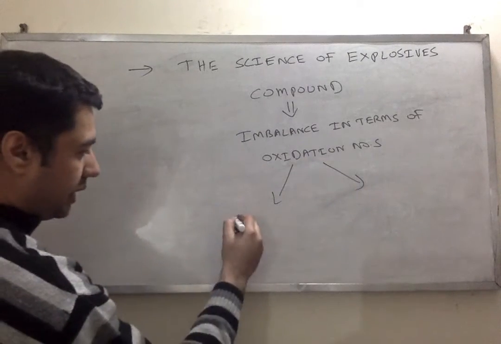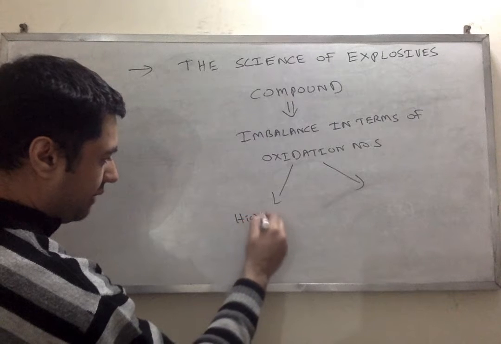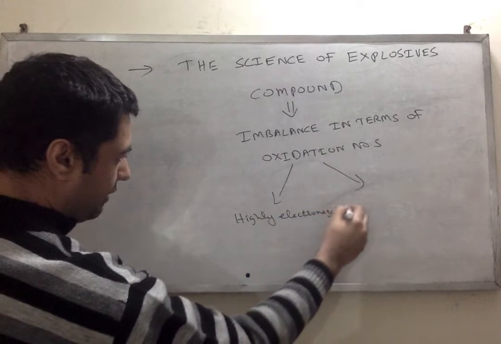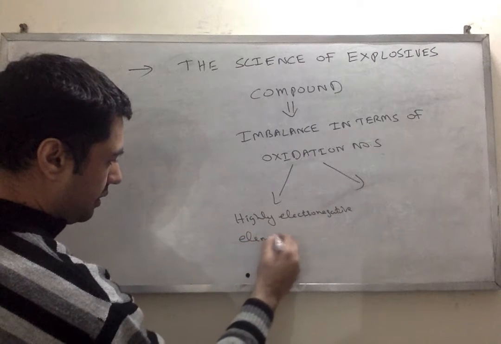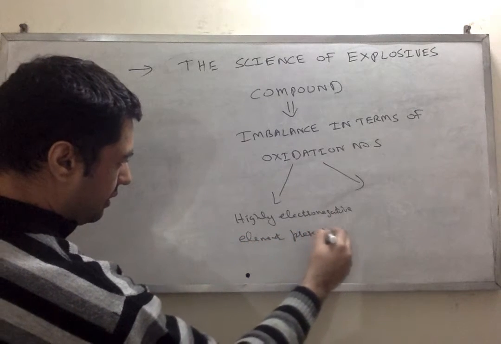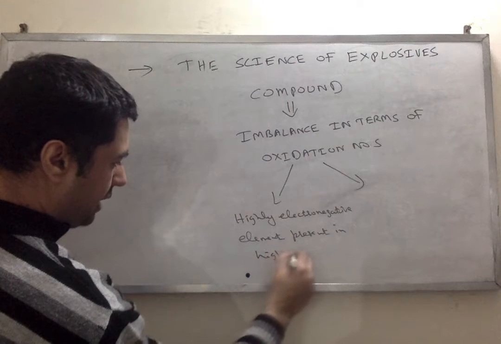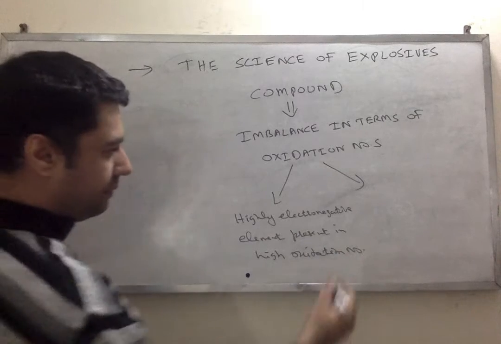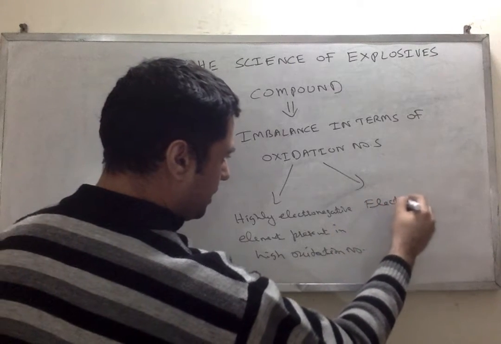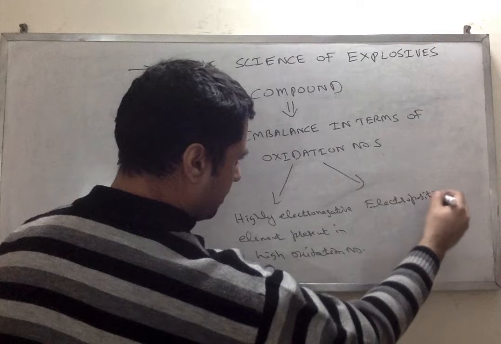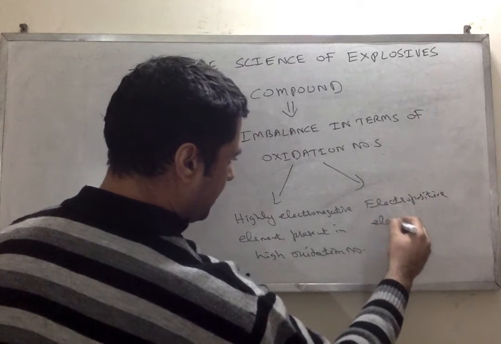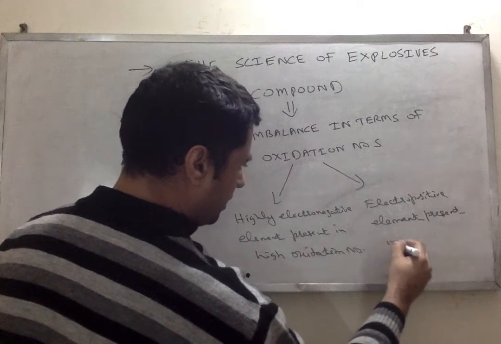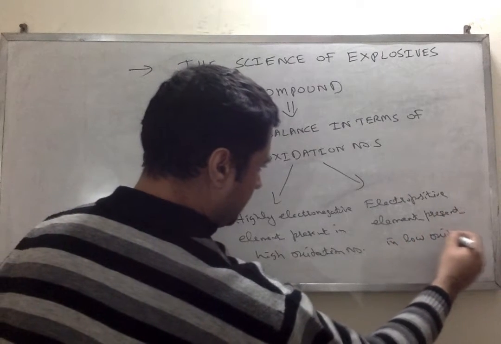We create a compound in which there is a highly electronegative element present in high oxidation number, and at the same time there is an electropositive element present in low oxidation number,